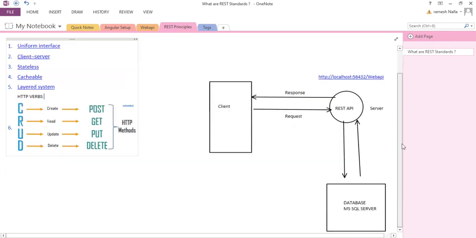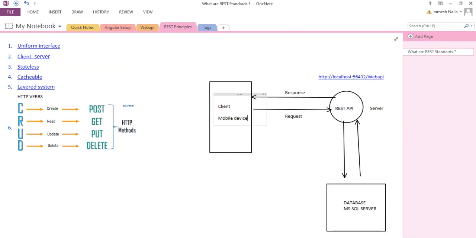We can see the request and response communication. So let's say for example a client is there. Client means I can give an example: any mobile device, right? In the mobile, you are going to book a movie in the theater, right? So you want to see the latest movies which are running in a particular theater. So you are accessing the movie service using mobile. So that is a client.